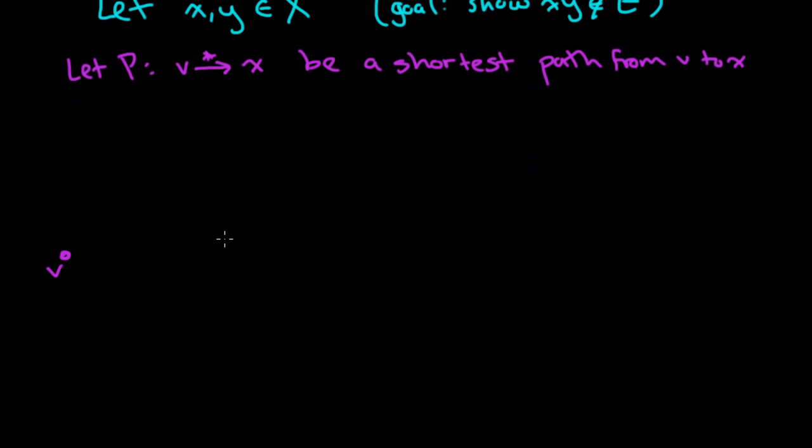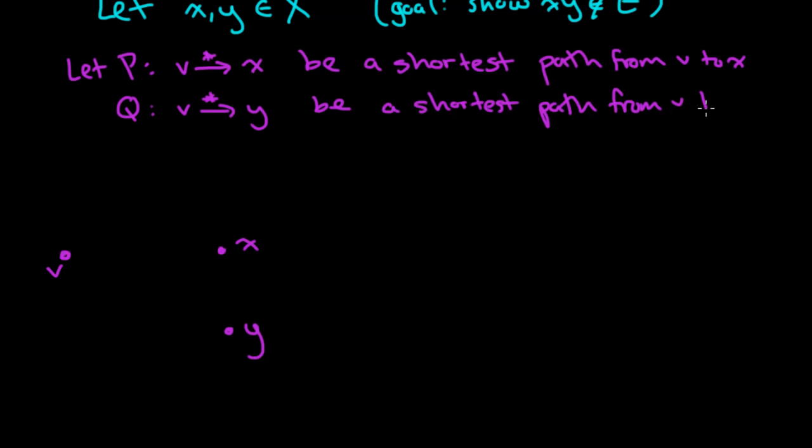So here we have V, over here we have X, and over here we have Y. And we have some path P from V to X, and it's going to be shortest. There might be more than one, so we just take one of these. And also, Q is going to be from V to Y. And again, I'm putting a star here because I don't know the actual length of what it is, but it's going to be a shortest path